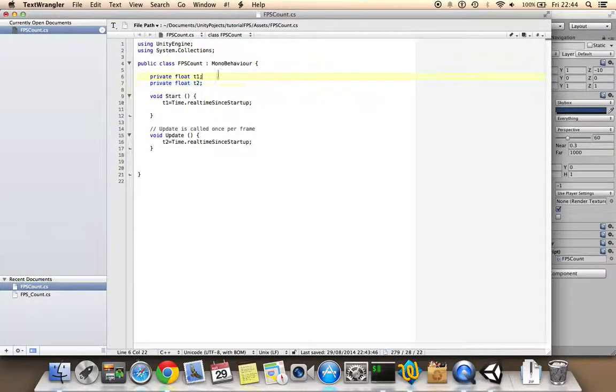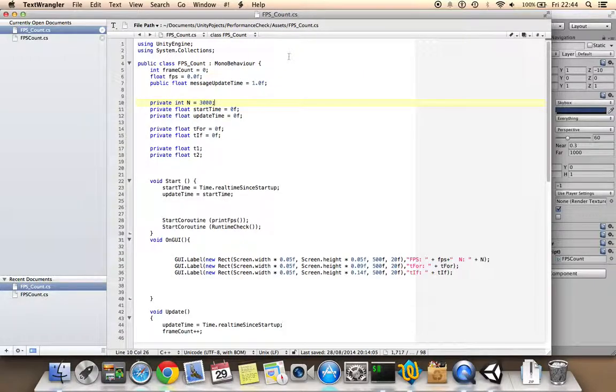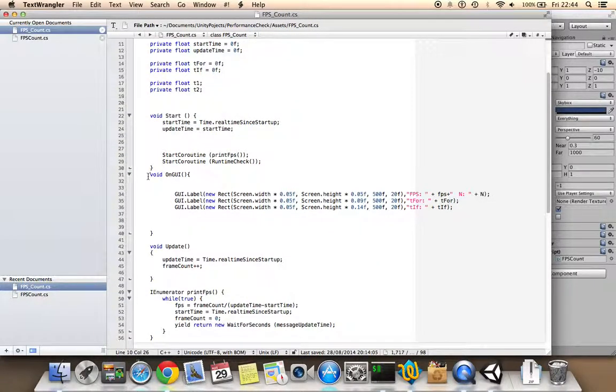So I probably want to report in the GUI, and I usually don't remember my GUI functions, so I will just copy my own one. This one I wrote previously. What this function does is place a label on the screen, and it has some weird constants, but if you look carefully, these constants are written in a way that I could easily place the number from